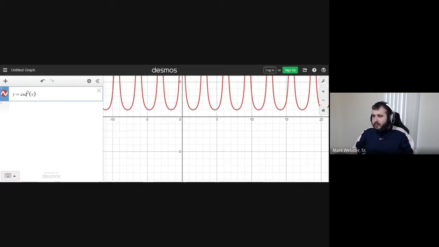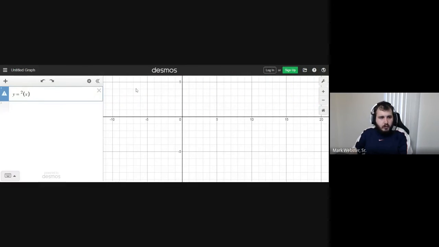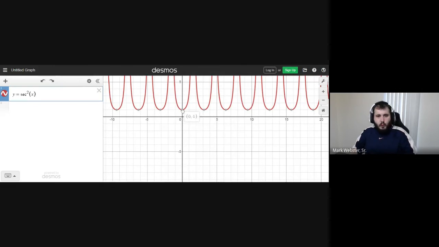But the point is, whether it's secant or cosecant squared, you've got this minimum value at 1. And so a problem like this, where it's asking about the slope of the curve with the smallest value, just